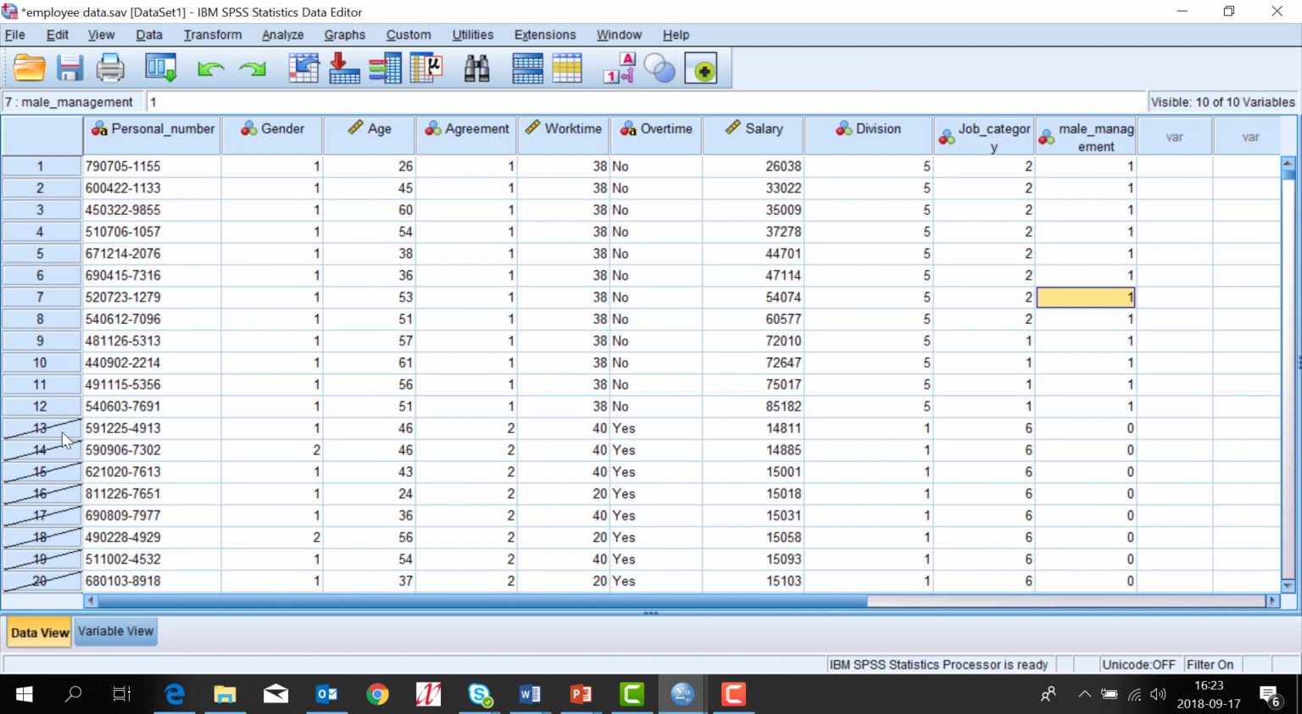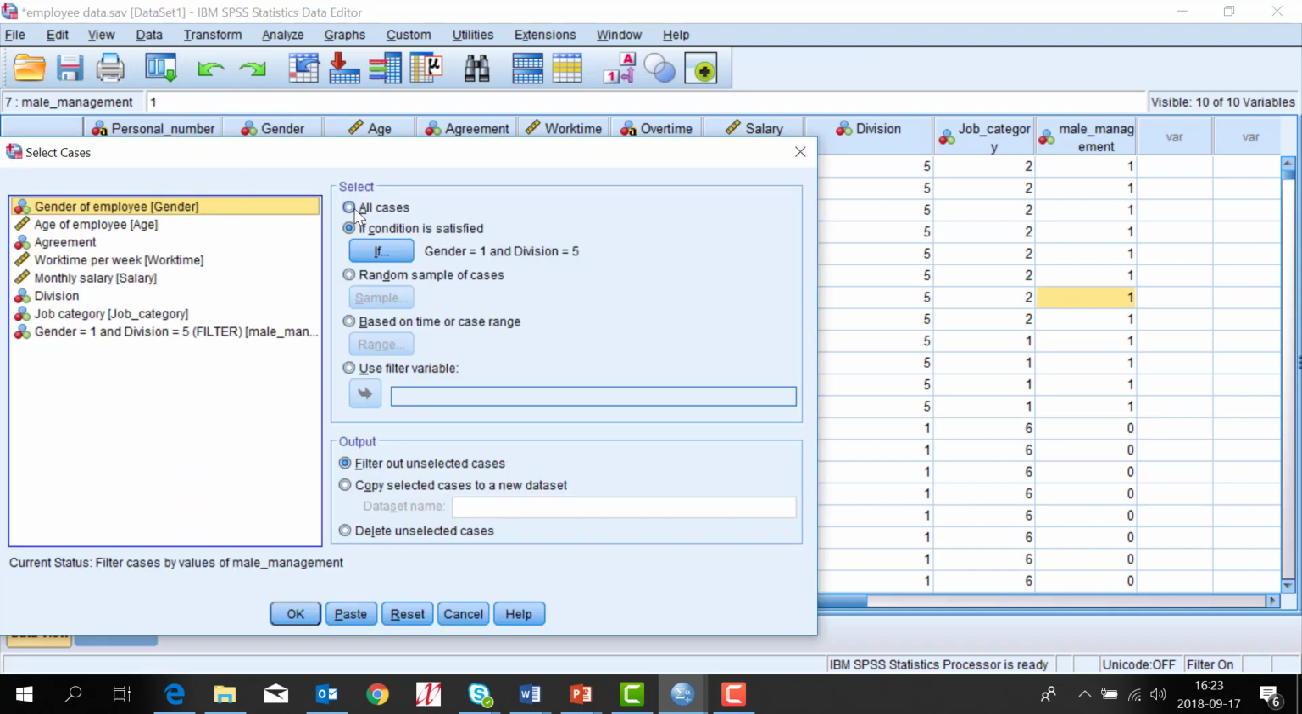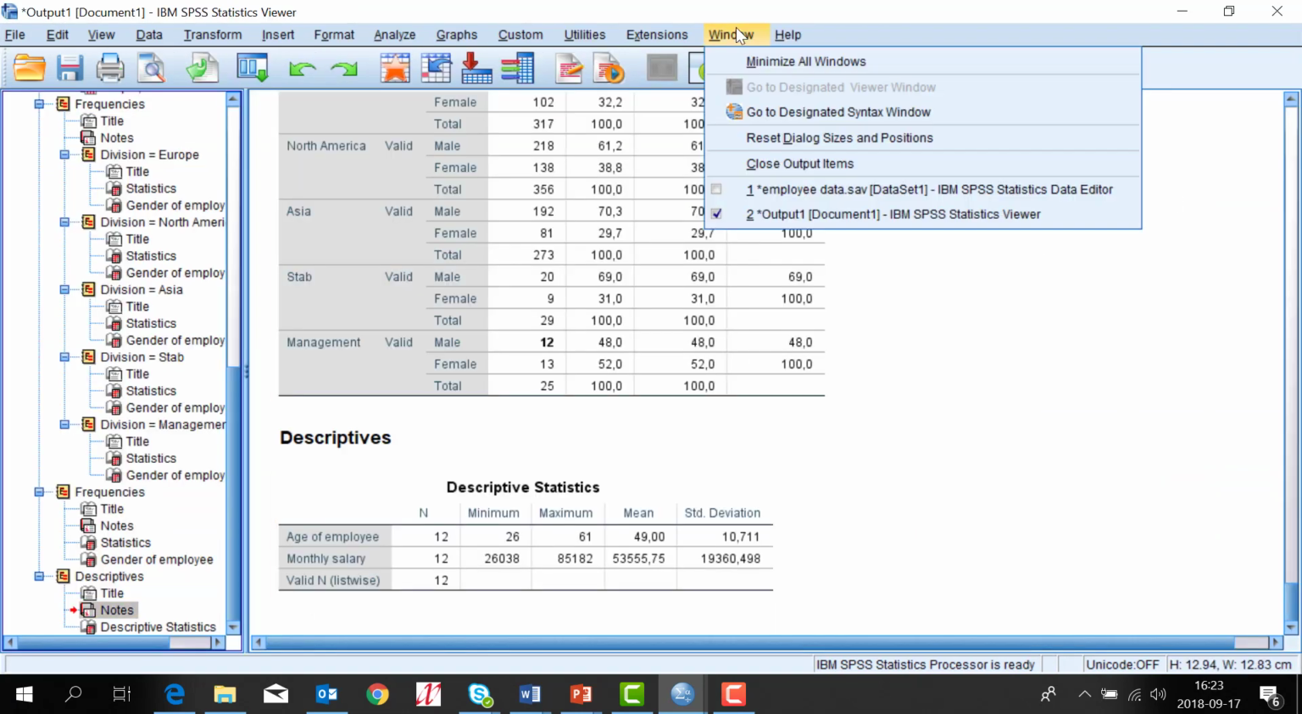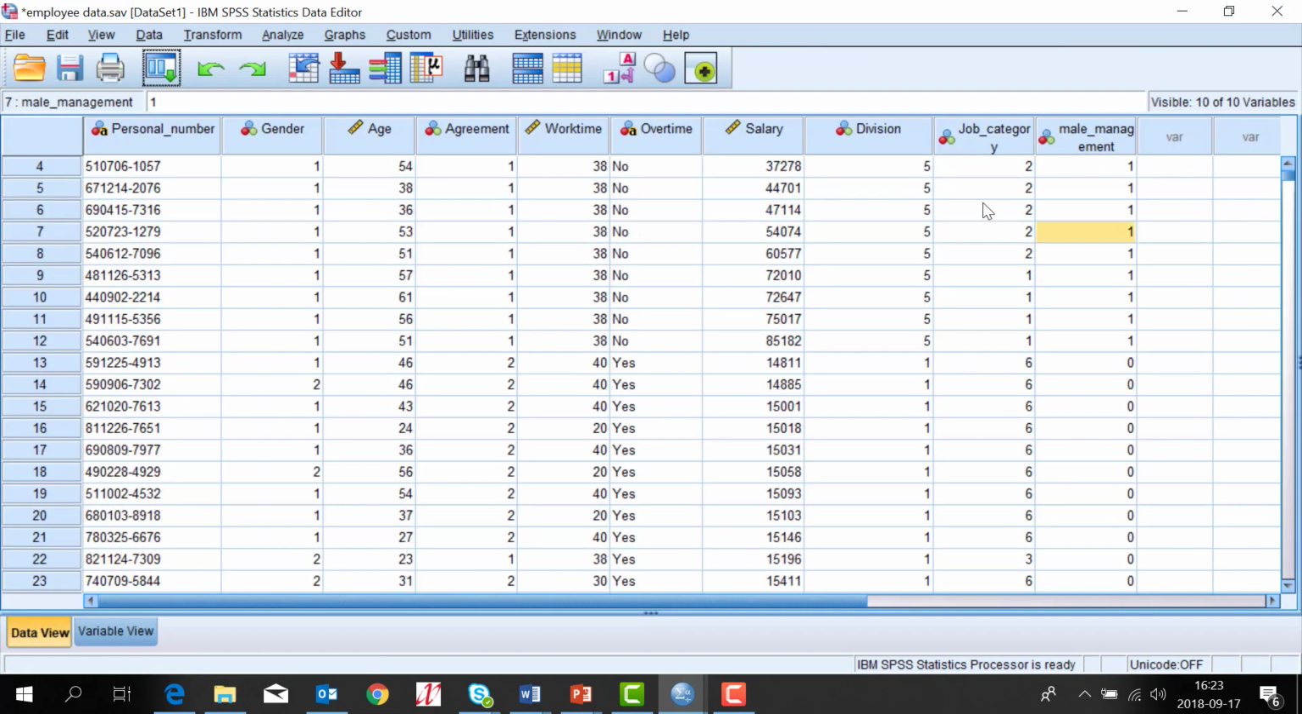To analyze all cases again, you just go back to the command, Select Cases, and choose All cases. So now